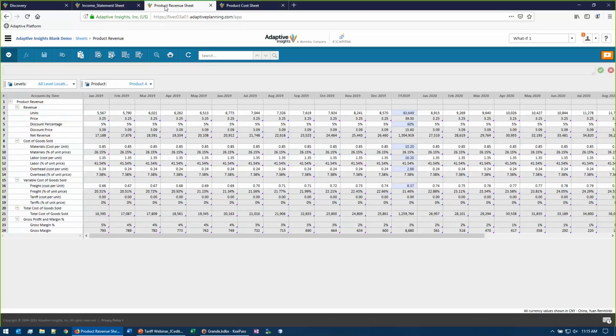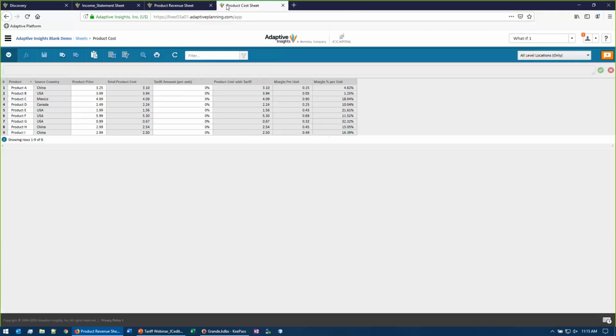Underneath this, we've got a specific product revenue sheet where we can see by product what are our units, price, discount, all the way down to gross margin and gross margin percentage. And you'll notice here product A is at about 5%, 4% throughout the year. And we have another sheet where we actually look at the individual product pricing, cost, and what I built in here is something that you should think about doing, a tariff amount per unit.